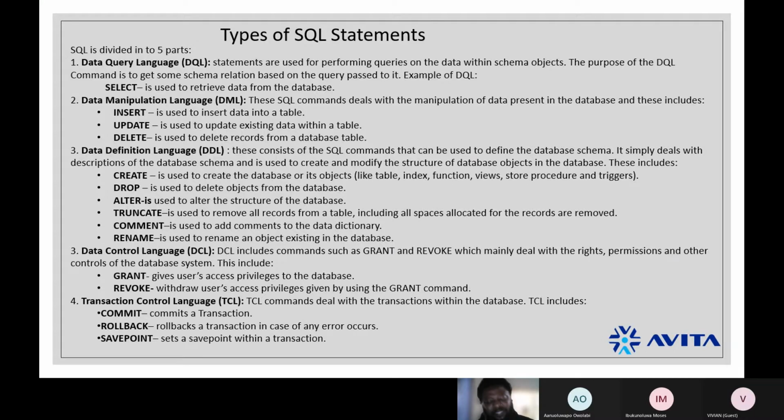So that is how SQL statement types are grouped. After this particular slide, trust me, you know SQL already. So SQL is divided into five different parts.